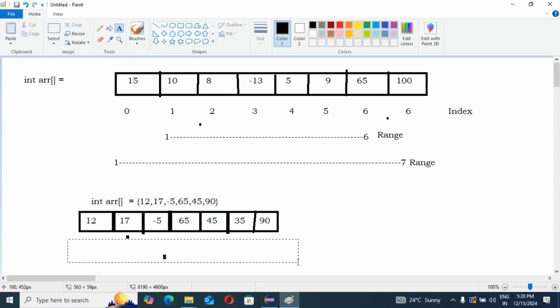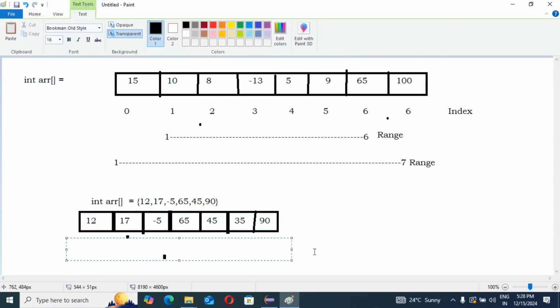And this array has different indexes: 0, then 1, 2, sorry, that is 2. This is the index of the respective element.